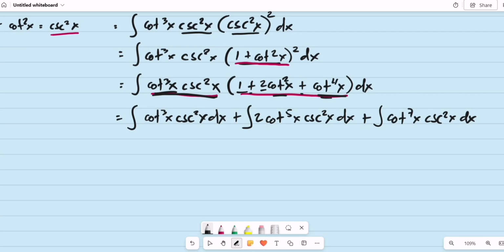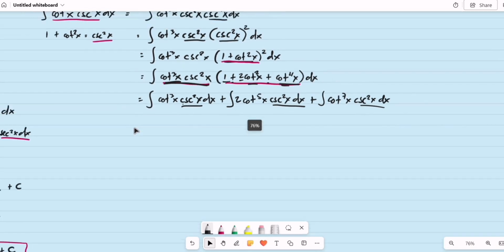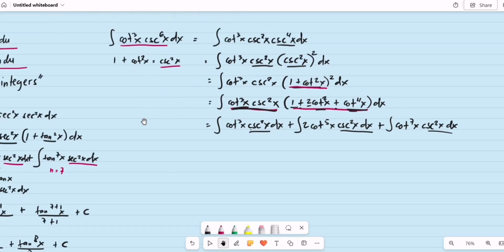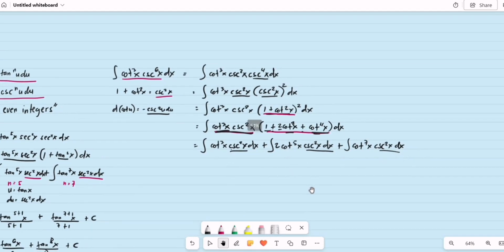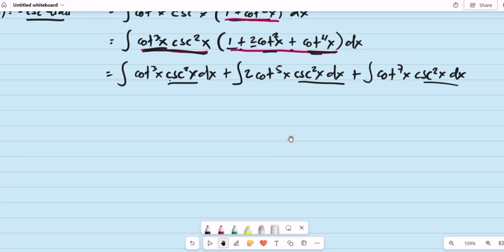Again, we should maintain a cosecant squared of x since that is necessary later on in our integration. We'll be needing cosecant squared x for every term. If we are to recall, what is the derivative of cotangent of u? That is equal to negative cosecant squared of u du. So that's why we need a term of cosecant squared u in every term of our integrand. So now we may perform integration.